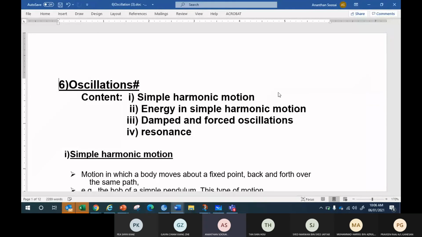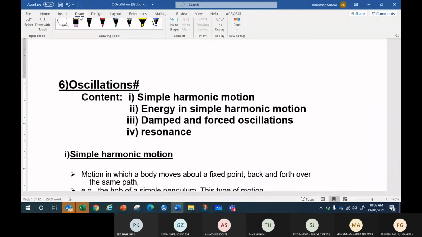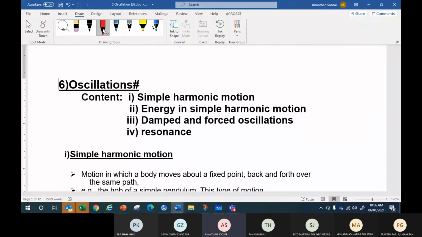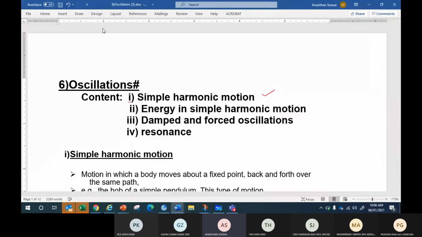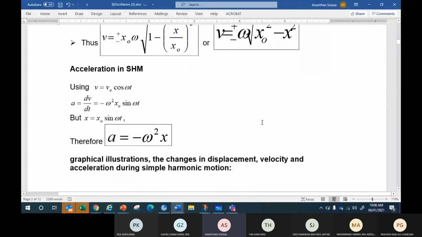So I introduced with you. I told you what is meant by simple harmonic motion. Okay, it takes a displacement. Then recently,